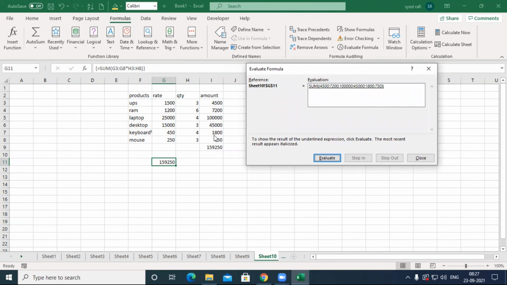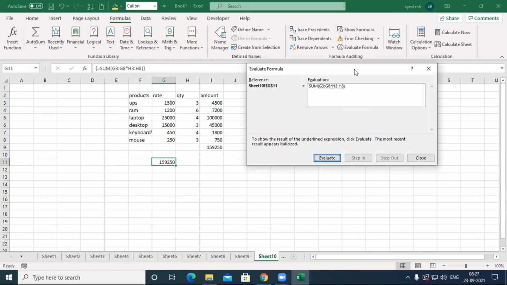Automatically both the multiplications will happen and the values will be displayed. The values make a sum. So simply it will be displayed. Evaluate Formula is the best technique.